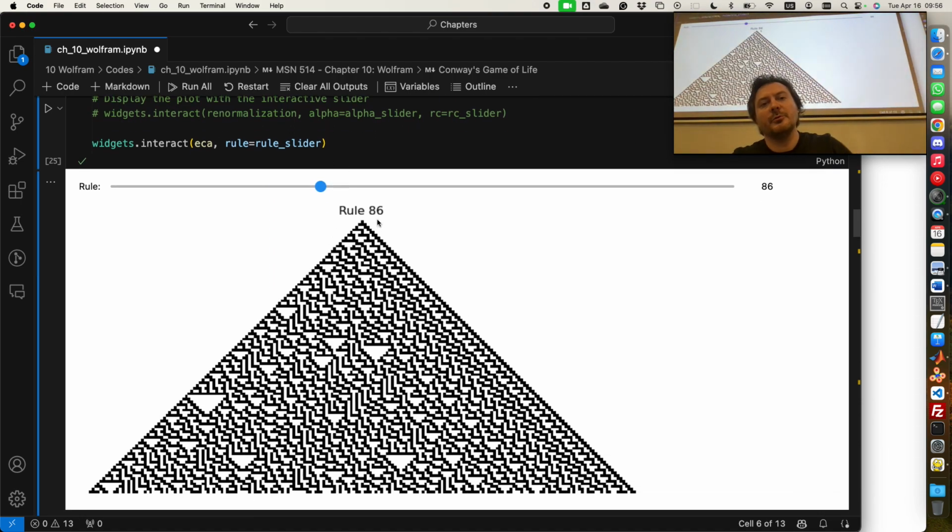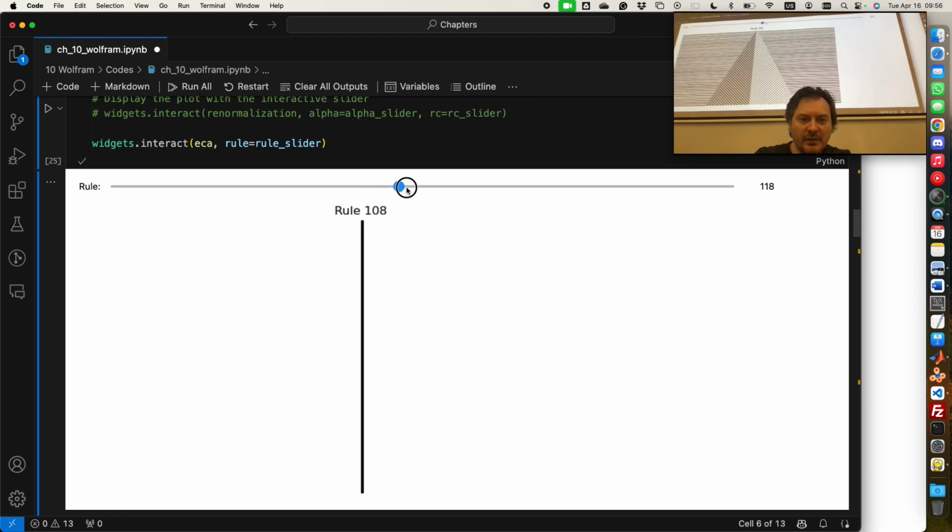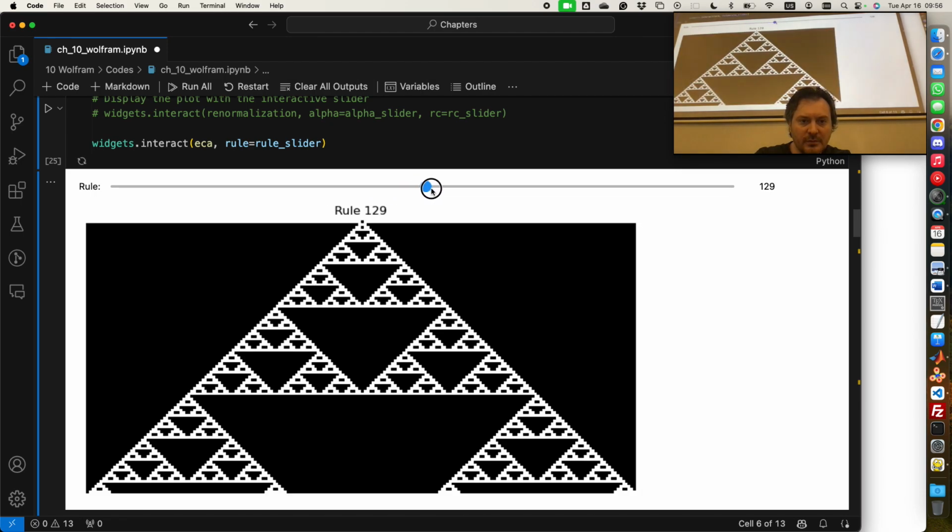So for example, rule 86, what is it? Can you tell me? It's like a reverse rule 30. Exactly. So every rule has its mirror symmetry and then complementary symmetry. Complementary symmetry means that I think we have it at 135 or somewhere.